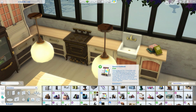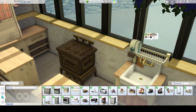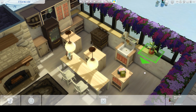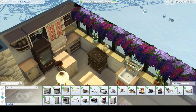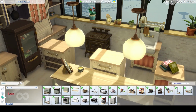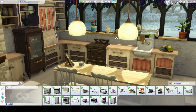So yeah, I was just kind of like, I'll keep this minimal. I won't do a lot when it comes to the kitchen. And then I was thinking, no, why not? So I ended up putting all of these shelves, as you can see, and I'm filling them up soon. Most of it was done with the 9-key tool mod, and it was a labor of love because that kind of sucks. But it's great, and I feel like it fits really well, and it's pretty accurate to what people would do in a place like this where you don't have a lot of storage. Everything is very open. You would have to be able to install shelving. There is quite a bit of cabinetry and space under the counters, but I want it to reflect